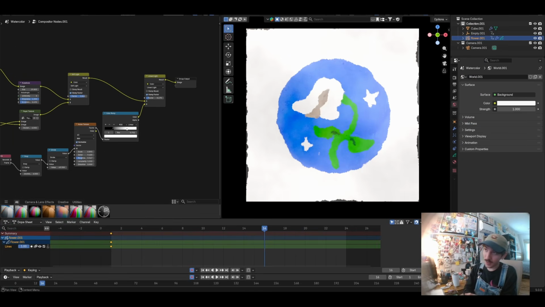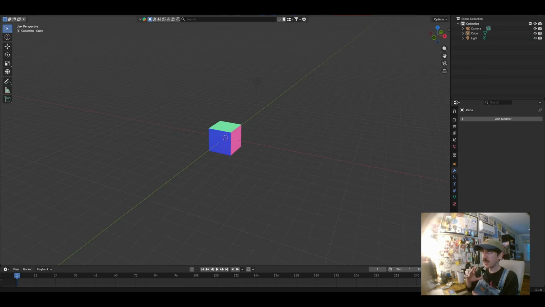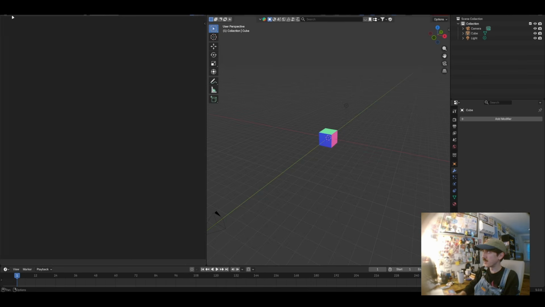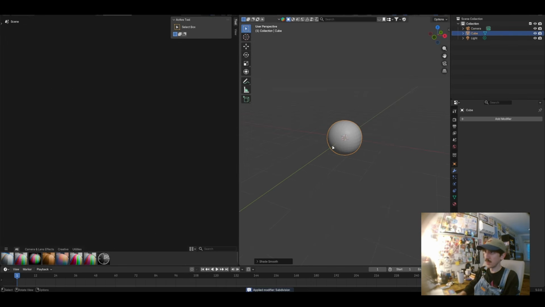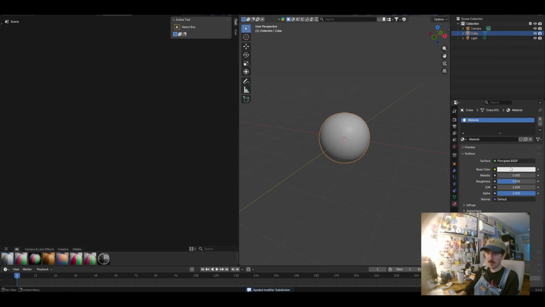But that's enough of talking about some of the inspirations for the styles. Time to actually show you guys how the compositor works. Before I break down my thought process when working with these effects, I figured I would just start from a blank Blender file and show you guys how I set it up. So I'm gonna just split my viewport here so we can have the compositor on the left. That's the text editor. Let me just subdivide this cube so that we have something more colorful to